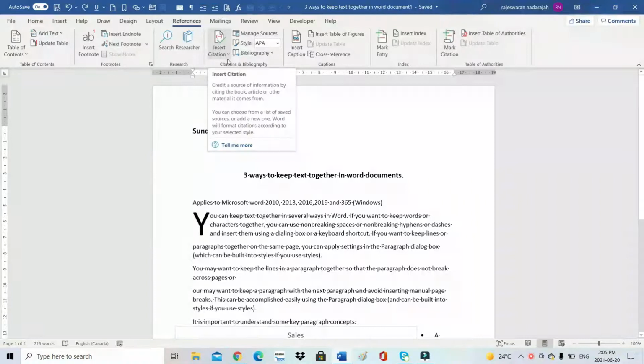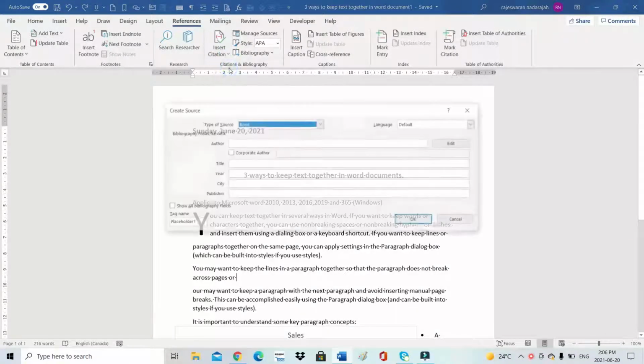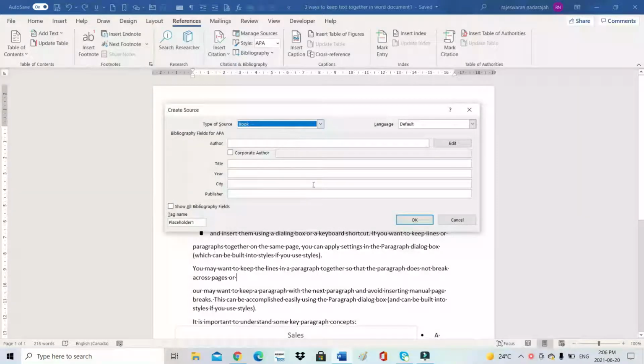And sometimes you have to insert a citation. In case you are writing about research papers, researching from papers or anything, you have to click here, then add new source, then write the paper information here, whatever information they ask: title, year, city, publisher, who wrote the paper, like that.